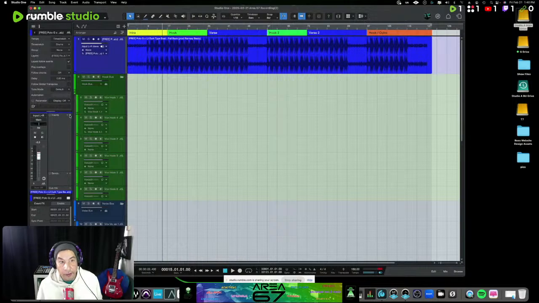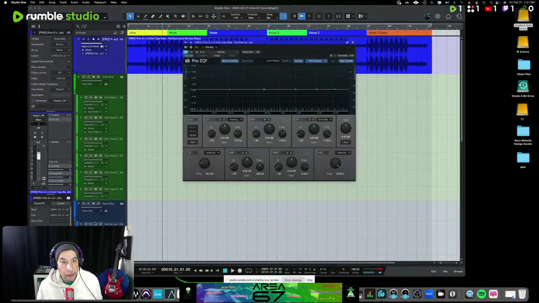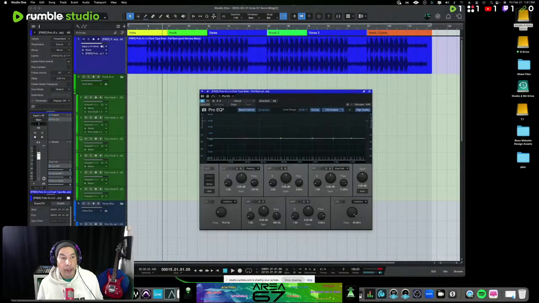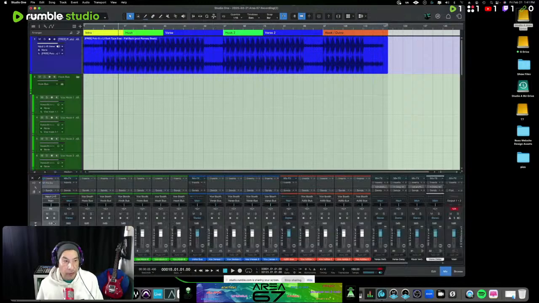I can still add an insert. Say I want to add a reverb or something, or I want to send this to a reverb, or I want to add an EQ. I can add the EQ here. Just go to PreSonus, go down here to Pro EQ, and boom, the EQ pops up, and you can see it here. Now, if I close the inspector window and open up the mix window and go to that track,